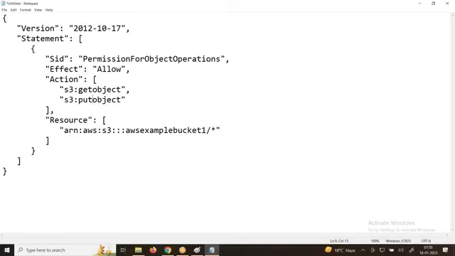Fine. Next, resource. You are providing get object, put object to which bucket? What is the bucket name? Then you will provide resource is equal to ARN. You remember the ARN number? The ARN number of the bucket. And here also it supports regular expressions. For your example, I have a bucket name called AWS bit. You provide my bucket name, AWS bit.